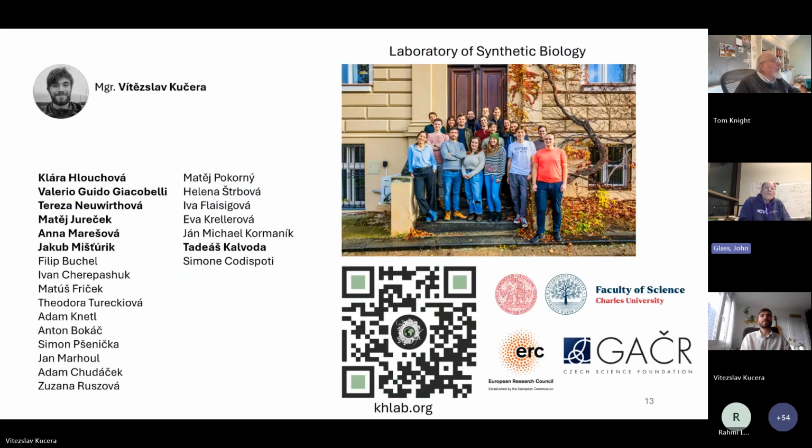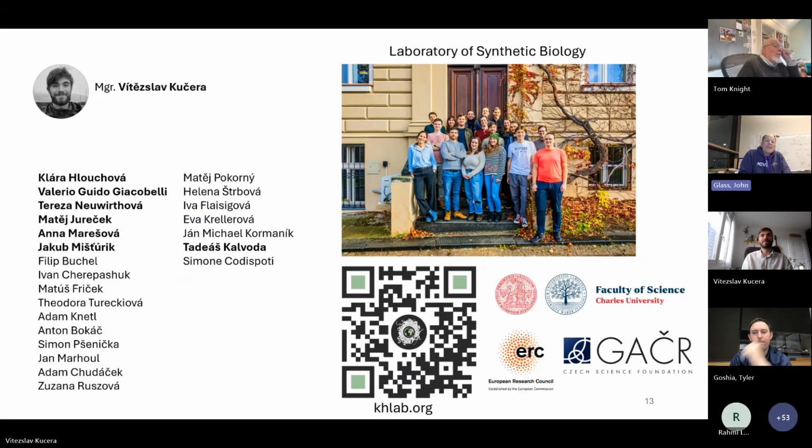Vitezslav, have you guys used the landing pad to introduce genes? Have you tried introducing genes to Syn3B yet? Not yet. I sadly am just now starting to work with it, but it is currently something that we want to do, either with the LoxP, the Cre-Lox system that is already in the Syn3B, or also with the transposases, as I think there's a protocol for transformation of Syn3 with transposases. So that's also something that we can do.